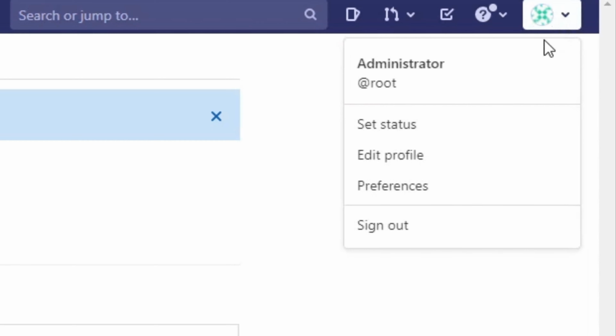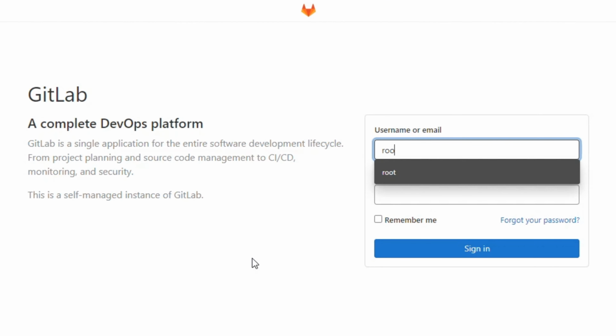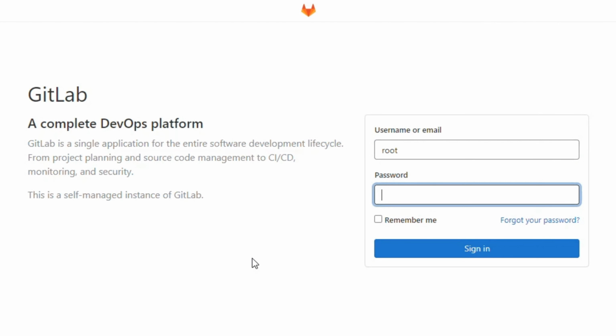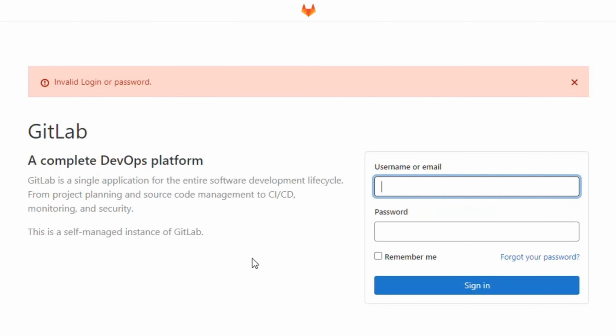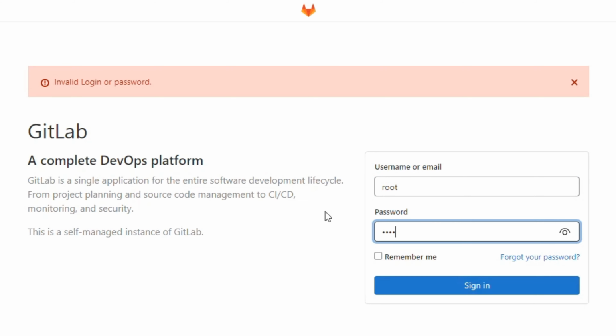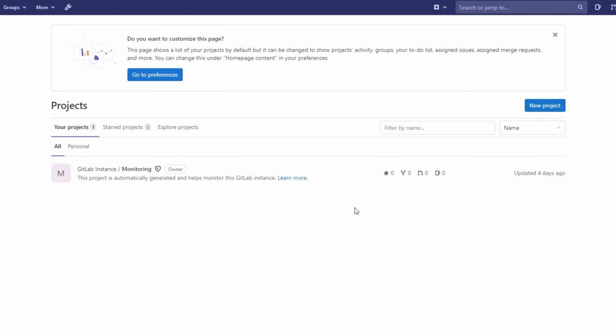If we sign out and choose root, you see that you cannot use this username. But if you choose the name that you created, you can log in.